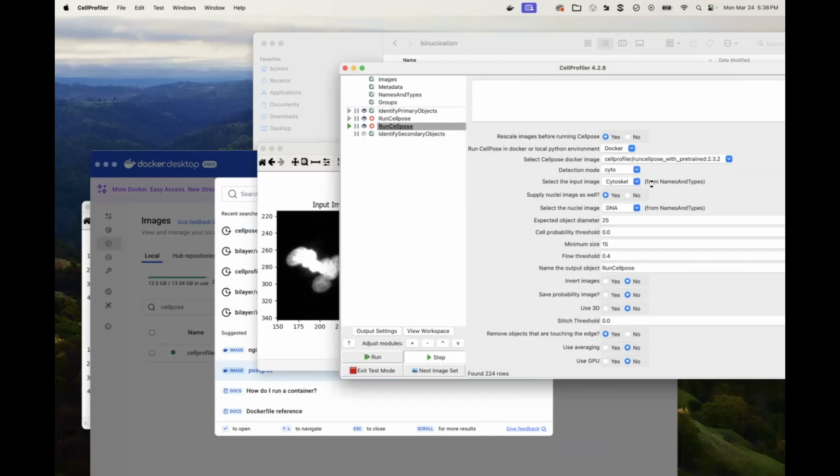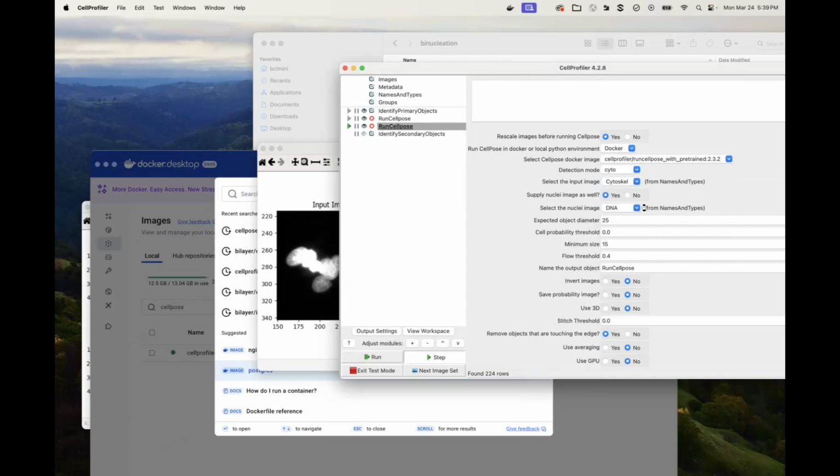And CellPose has actually been trained to assume that cells have nuclei. It might be tuned to have cells with one nucleus, so turning the supply nuclei image on might actually make it worse, or maybe not. I'm not actually sure. And that's the sort of question where you could try and read the documentation, or you could just look and see what happens. And I always like to look and see what happens. Nothing against documentation. I read and write lots of documentation, but sometimes you just want to see in this exact circumstance what's going to happen. Yeah. And with deep learning, it can be really hard to tell, which is why we don't always go to deep learning first.